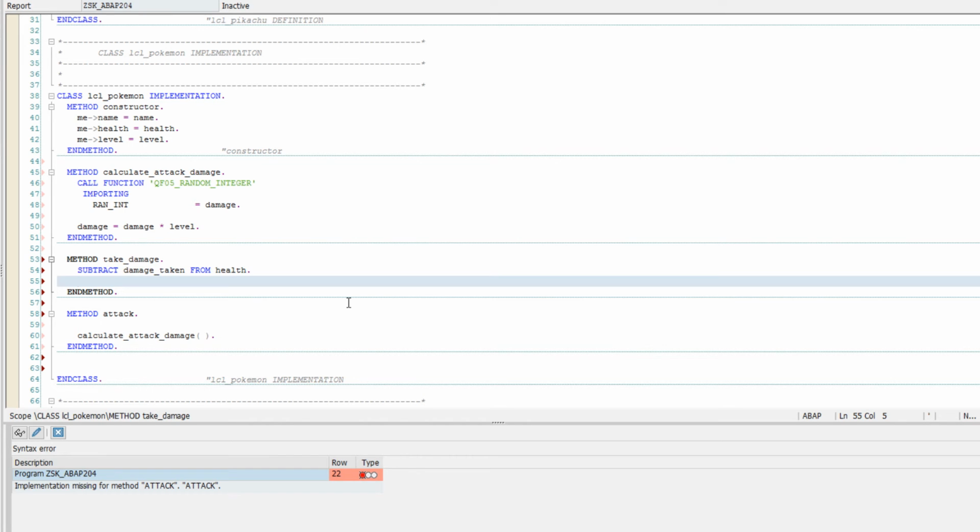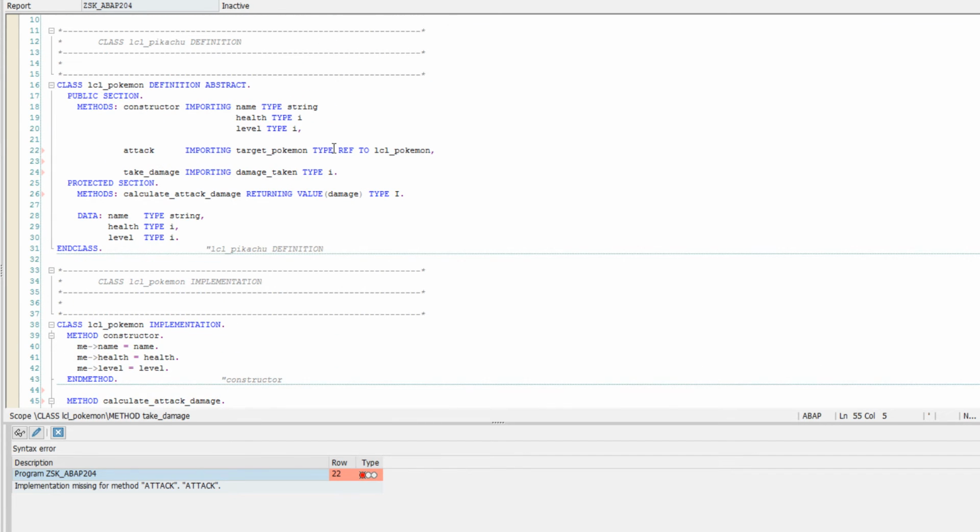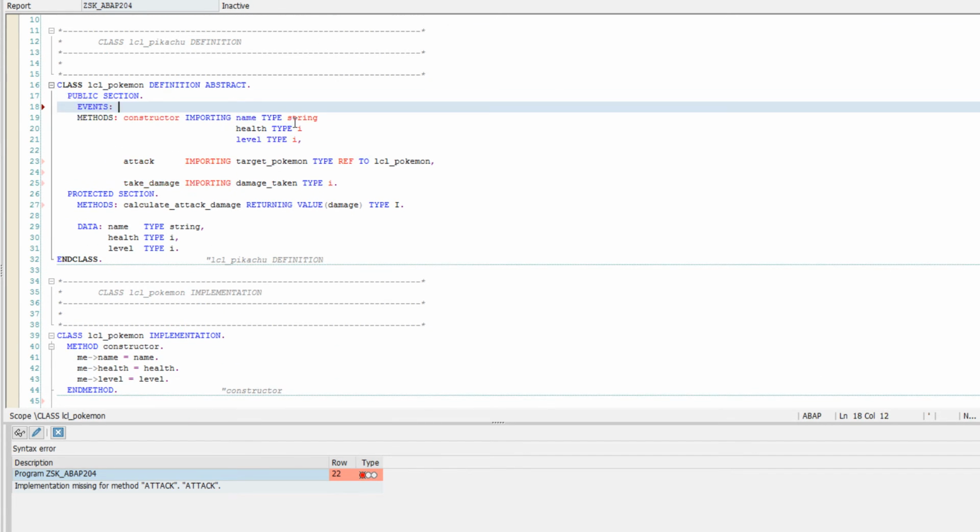you have to think ahead. You have to think about the future. In the future, I'm going to want to know when a Pokemon dies. And what is the condition to tell whether the Pokemon is dead or not? It's when your health goes below or equals 0, right? So we're going to create an event. We're going to create a public event called died,